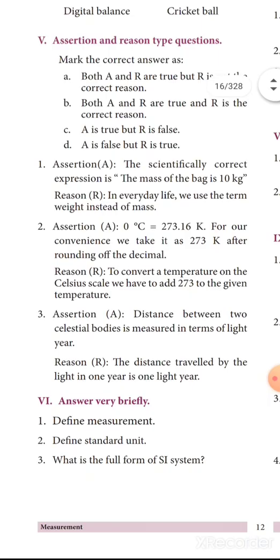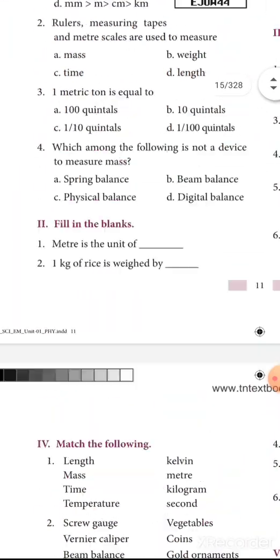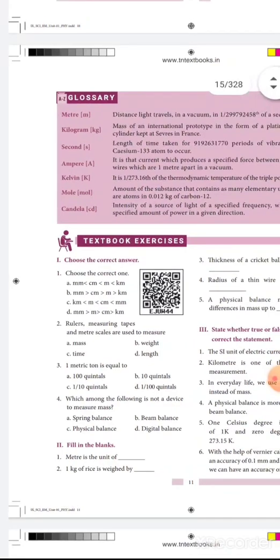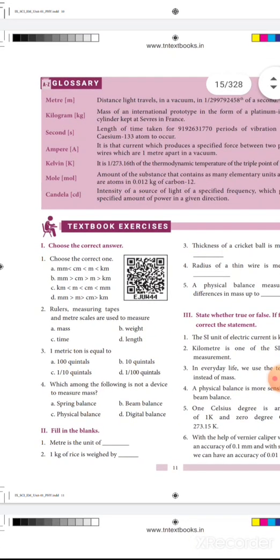Then get ready for the Teachmeet app. I will ask the question, so get ready. Then get ready for the test. Okay, I mentioned the Teachmeet app. At that time you have to write the test. Okay, dears. If you have any doubt, ask me, dears. Okay, ma. Thank you.